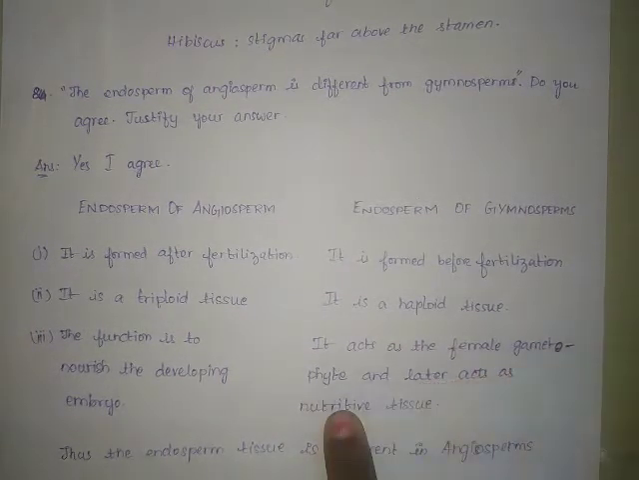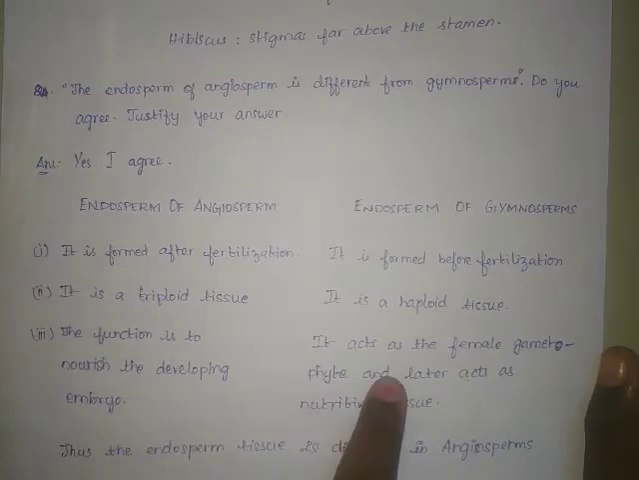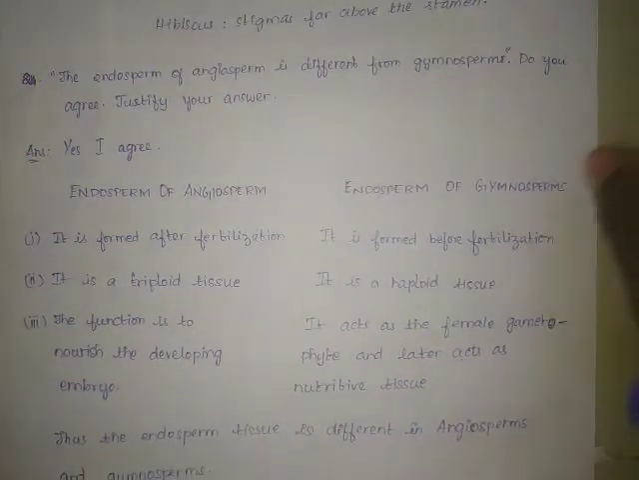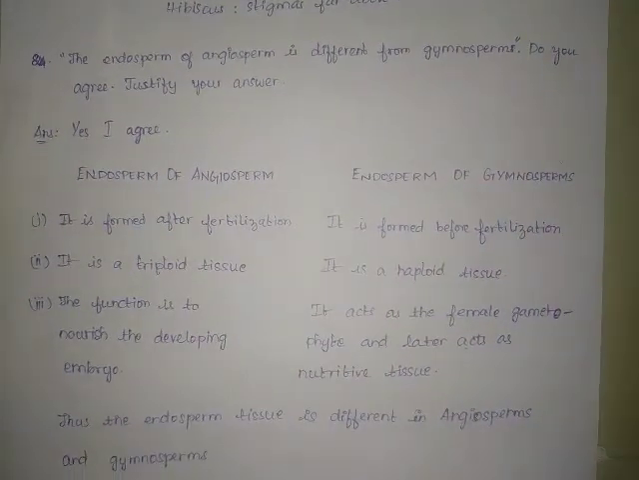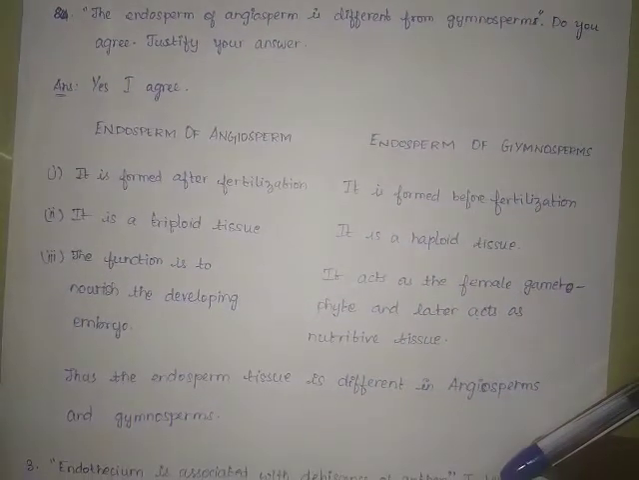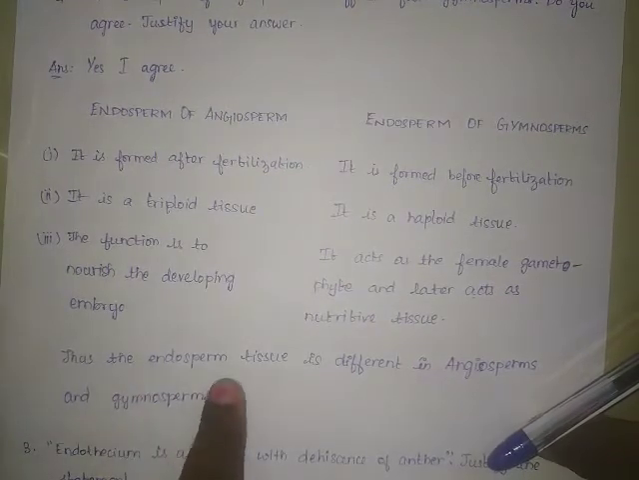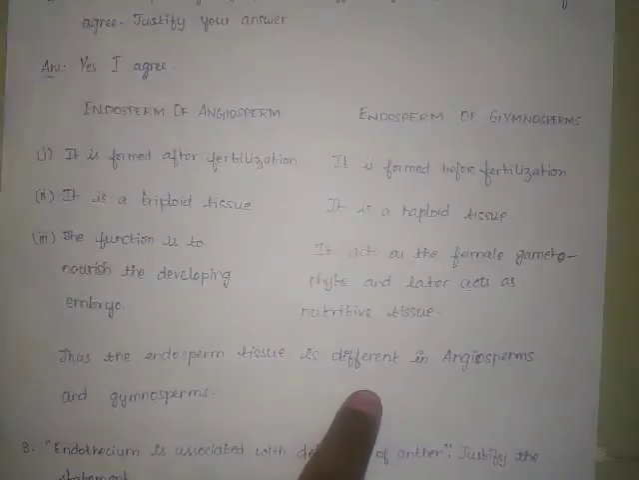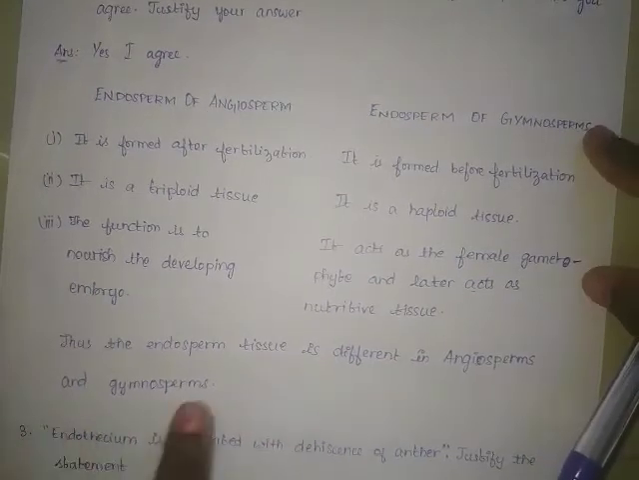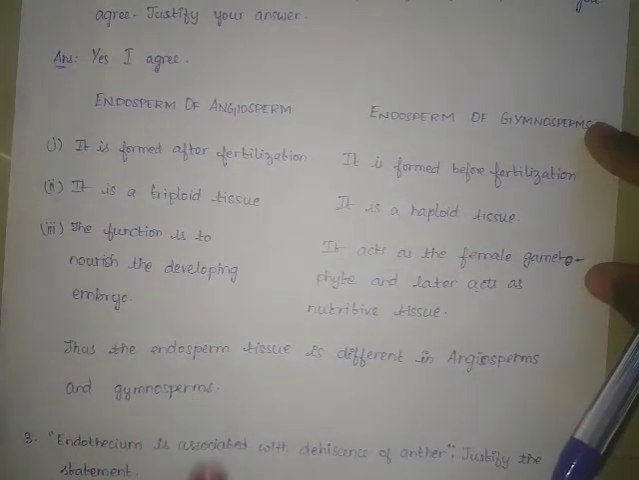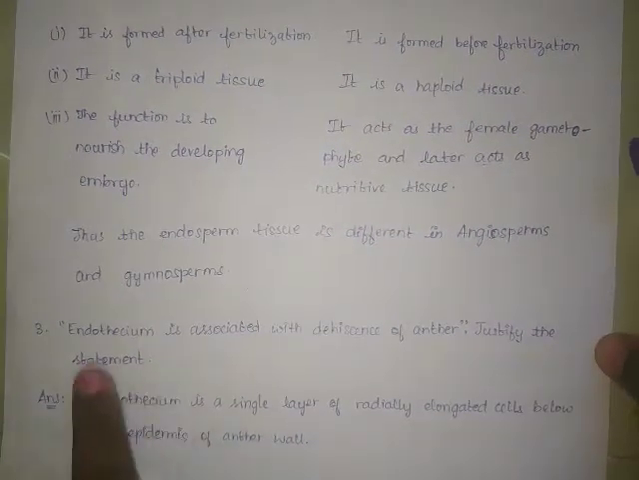Gametophyte, it is a continuation, female gametophyte, and later acts as a nutritive tissue. So, at last we have to write, thus the endosperm tissue is different in angiosperms and gymnosperms. Next, for the third question in part C is,